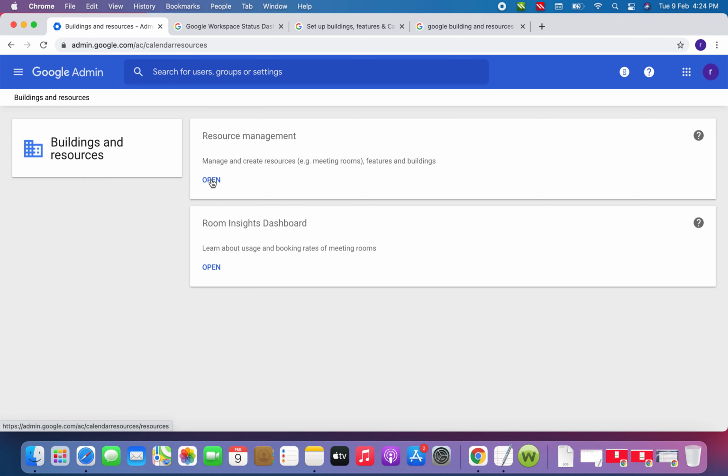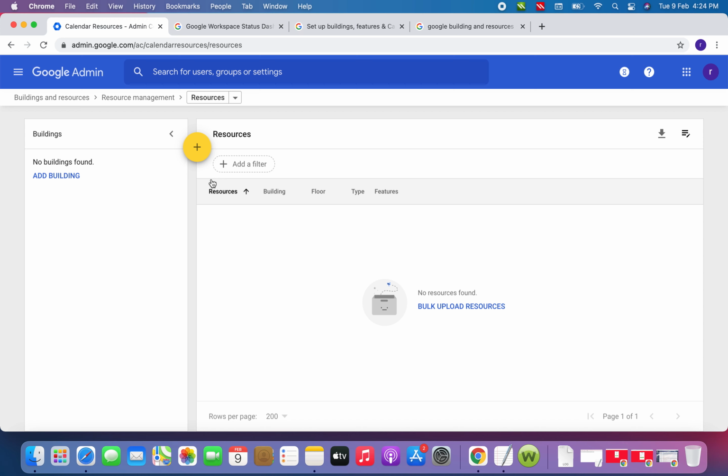So I'm going to create our first resource. For now I'm not using any building. If you have physical buildings, like building ABC, you can add them for identification here. So let's start with the resource first.